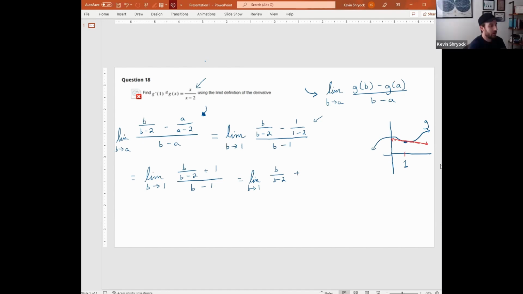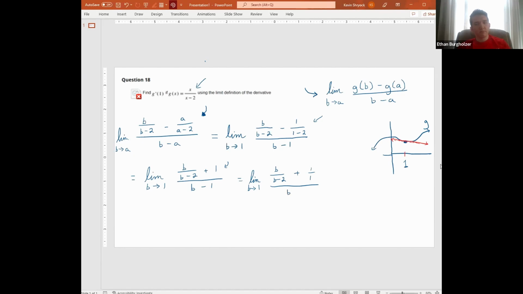But we can't do that unless we make this 1 into a fraction. What fraction should we make this 1 into? 1 over 1. If we did that, that would be good, but I still wouldn't be able to perform the addition. Why is that? Well, how would you? Oh shoot, because of the denominators. All right, so